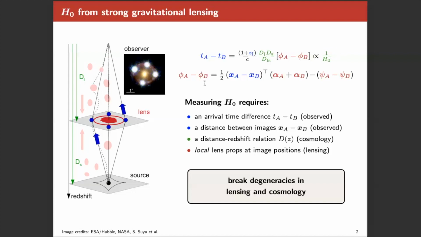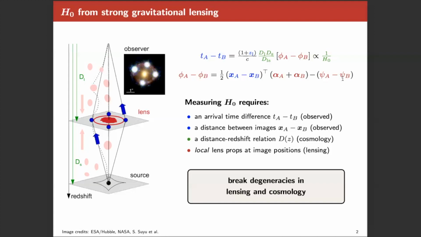This gravitational lensing potential difference is again split into two parts. One part is the geometric deflection, which is caused by the different light paths along the line of sight. And the second part here is a difference in what we call the deflection potential, which is the time delay caused by the differing masses between these two multiple images in the lens plane.